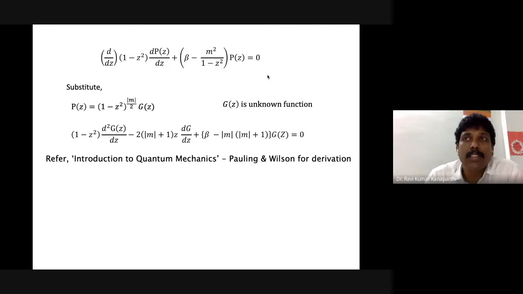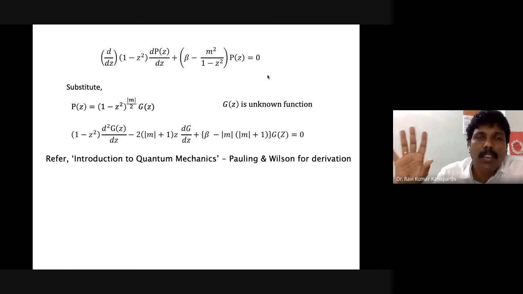Now the differential equation is a function of z. If you are able to solve this differential equation, you would get P of z. If you want to determine P of z, you have to solve the differential equation, and then make the substitution finally to get the actual theta function, because z is nothing but cos theta. In the final expression everything will be a function of z, but wherever you see a z, you can replace it with cos theta.